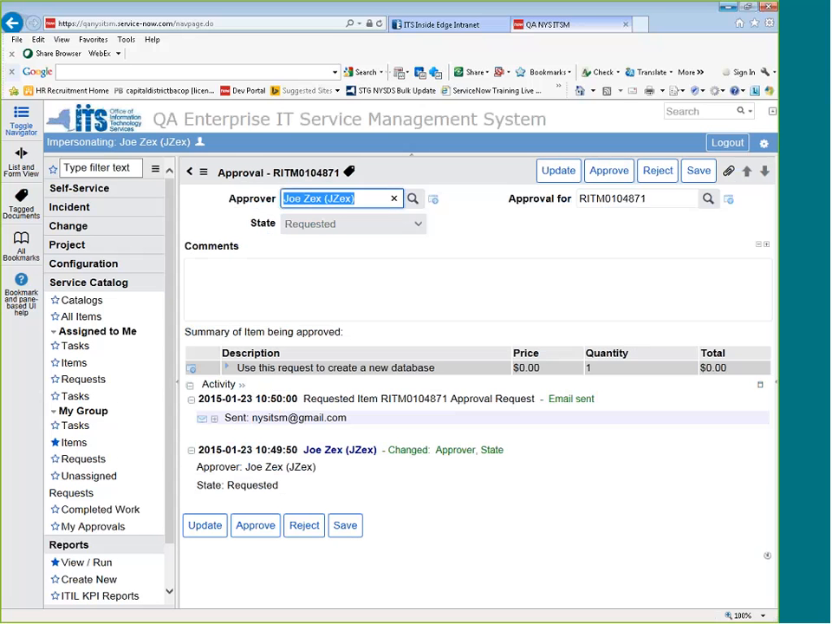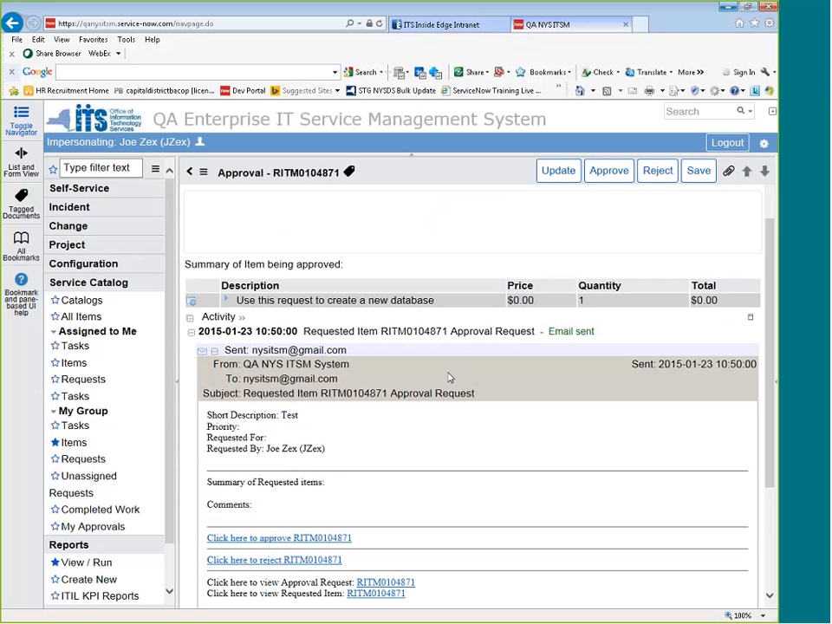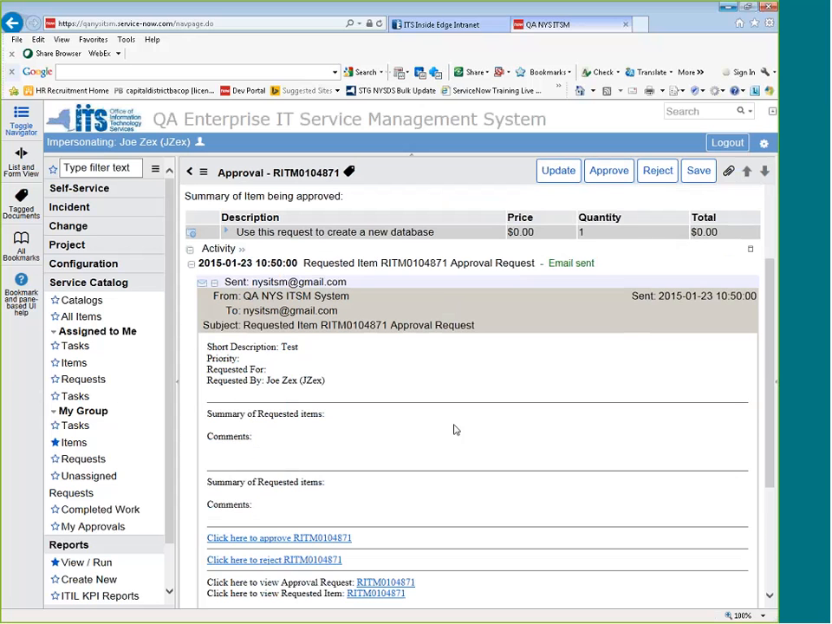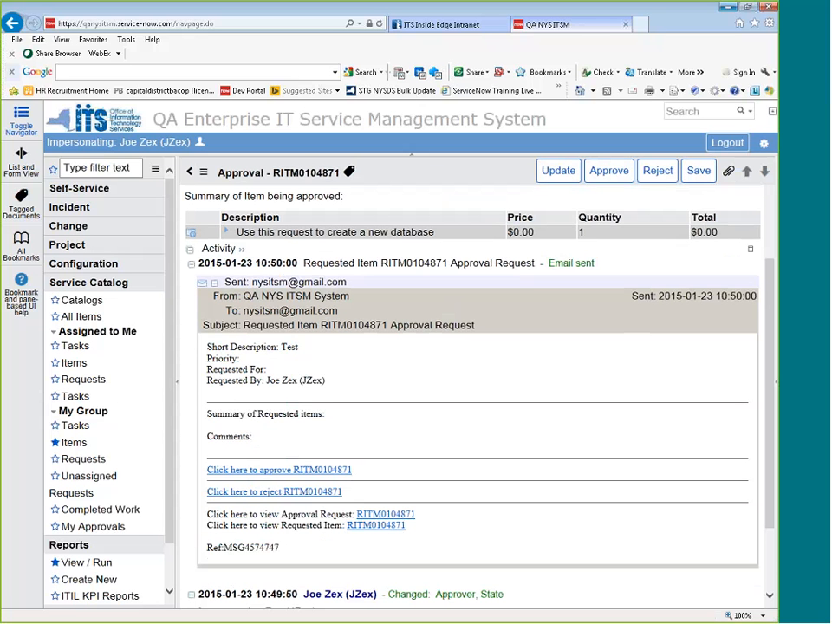And on this screen, this is the approval that is created in the system, and they can view in the activity log the email that was sent for approval. This is also what the email looks like that the approver will be receiving. So the approver's step is to choose either here, they'll click the link to approve it, or they'll click here